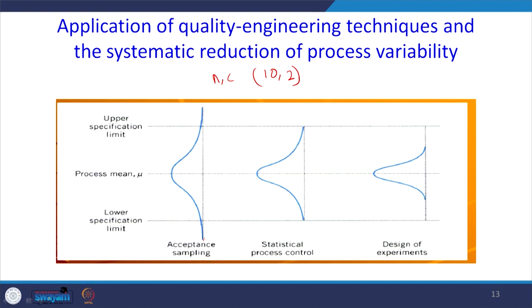When you go for statistical process control, when the process has started and you are controlling the process parameters, you should go for statistical process control tools like control charts. But the design of experiments is before starting the experiment, before manufacturing, at laboratory level, where you can see what parameters will affect the quality of the product. So we can control that variable so that you can improve the quality.